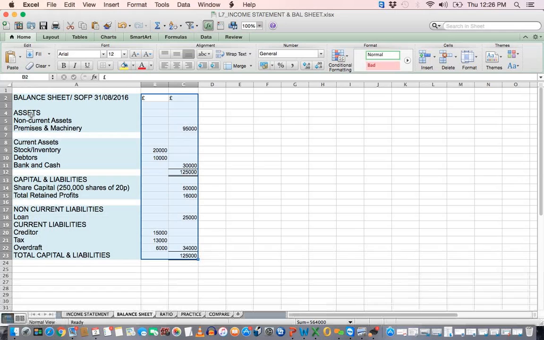The balance sheet is assets and liabilities information, and the balance sheet and the statement of financial position are terms used interchangeably. Some countries say balance sheet, some countries say statement of financial position. In your assignment you need to do Samsung PLC's published accounts, and you need to download all the balance sheets of Samsung PLC and